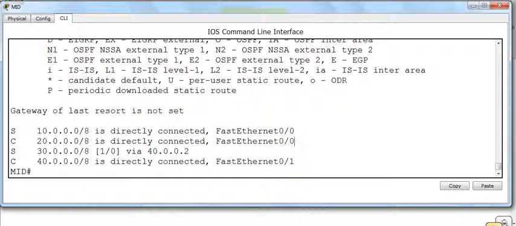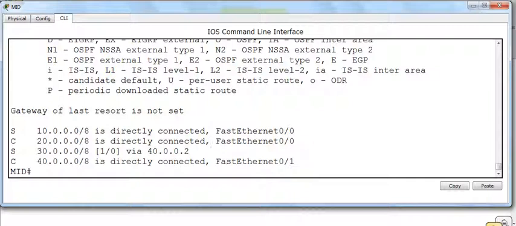But the disadvantage is administrator overhead. The administrator has to key in everything. When a change happens in topology, he has to come and delete the line or alter the line. That's the drawback of static route. Or if you give something like this, the next hop address, when the next hop address changes, you need to come and update it. These are all the drawbacks of static route, but it is also good, more secure.